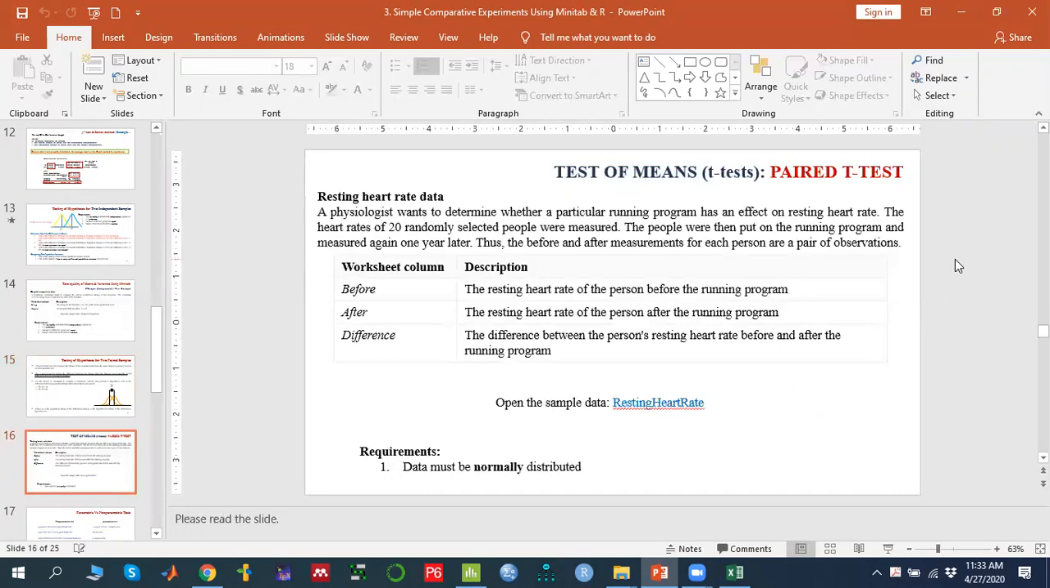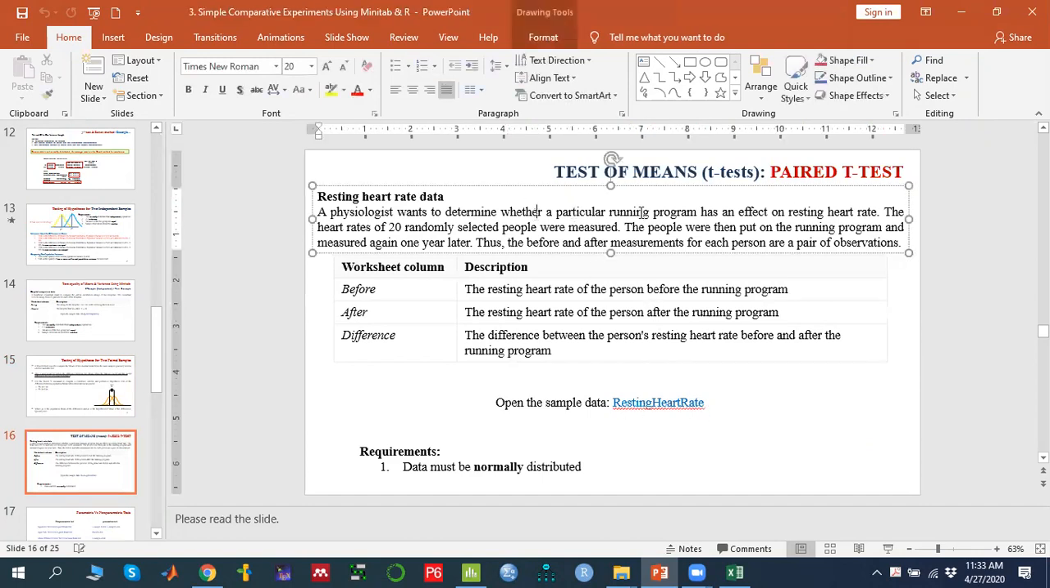Like for example, जैसे मैं example यहाँ पे ले रहा हूँ, that is resting heart rate. तो हमने क्या किया है कि हमने एक running program launch किया। एक psychologist देखना चाह रहा है कि running program का heart rate की resting के ऊपर क्या effect आ रहा है, before and after the running program। ठीक है, अगर उसने running program नहीं start किया हुआ और वो run करता है तो उसका heart rate कितनी देर में resting condition में आता है, और जबकि after the running program उसका heart rate का resting time कितना आपके पास आ रहा है।